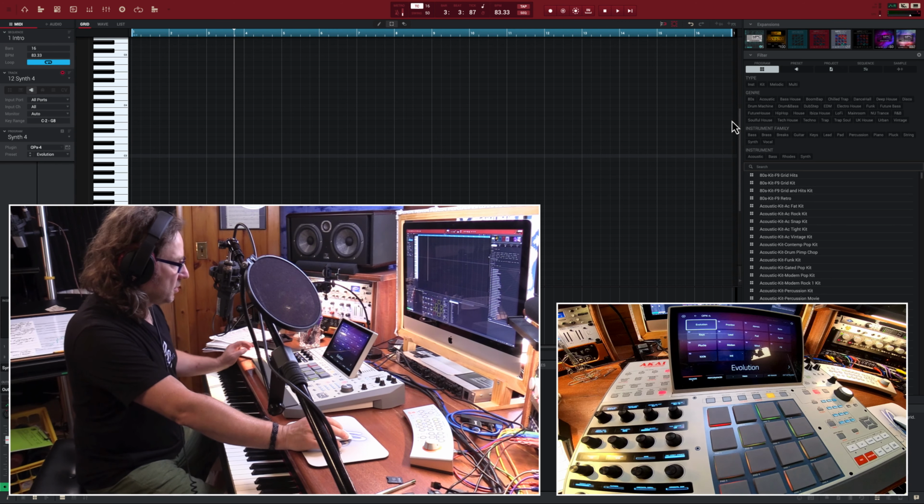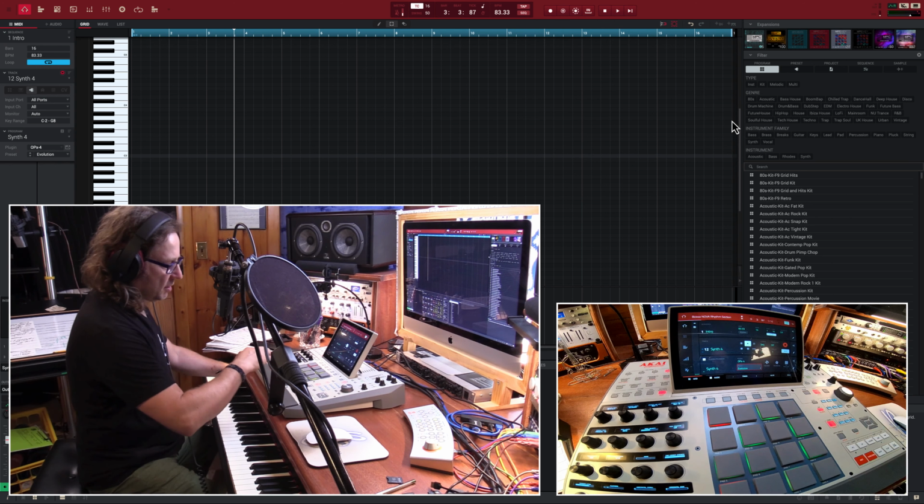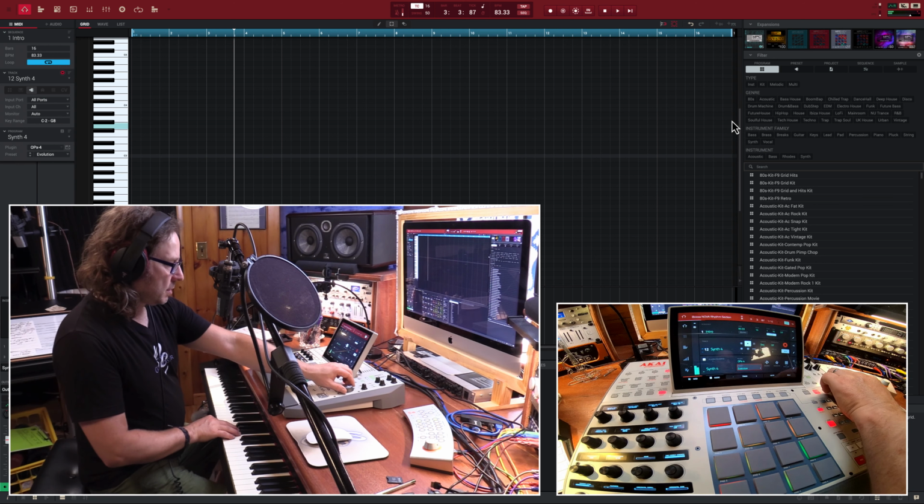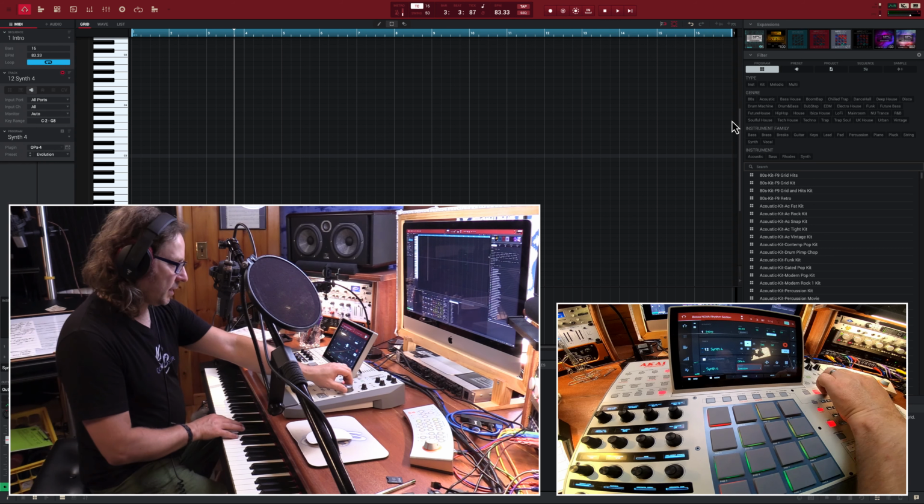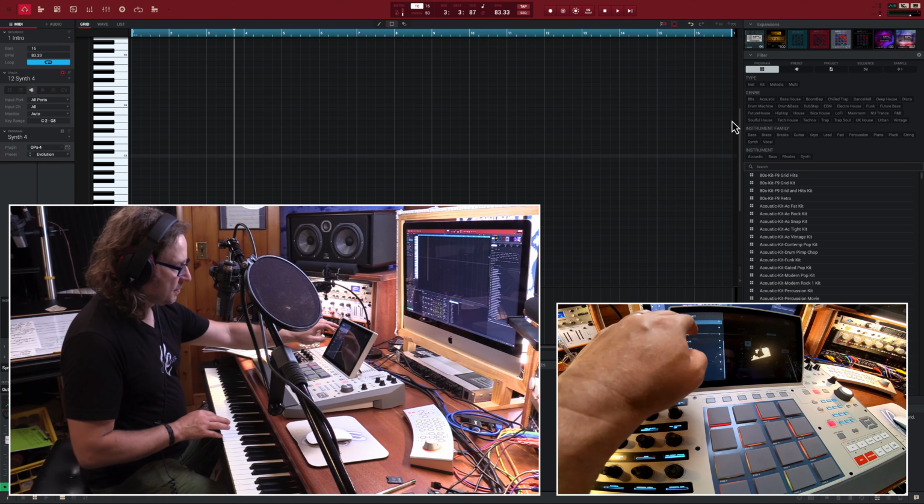Let's just do a DP4. And now on the DP4, I'm going to scroll through the sounds. This is the first, second sound, third. Okay. If I tap, there's a list of different